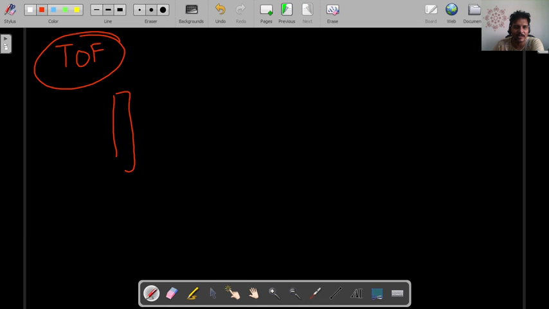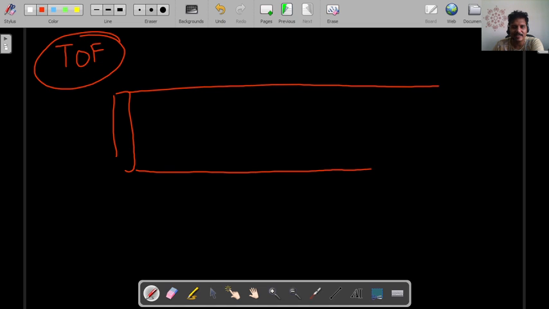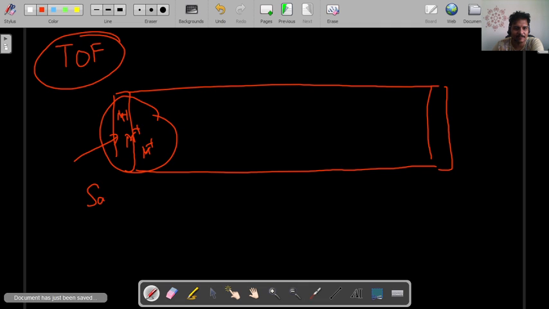So this is the basic principle of your time of flight mass spectrometer. What you essentially do in a time of flight mass spectrometer is, you have a chamber. Initially you have the ions, that is, you converted the gas into ions, and these ions are pushed into the chamber. All these ions that are entering will have the same kinetic energy.